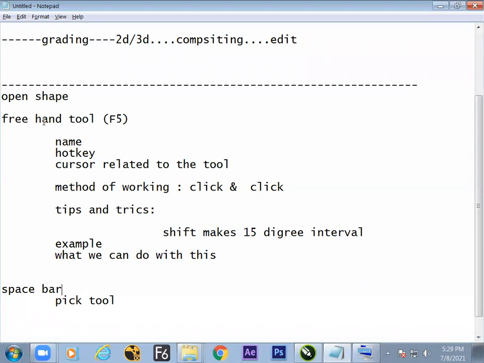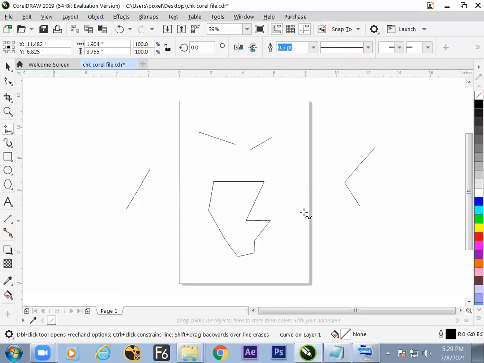It allows you to move from freehand to this pick tool, again back to the freehand tool within the same command, the space bar. So here we got to know how to make a straight line, how to move the line, how to join the next line and progress further. All the things happen together.